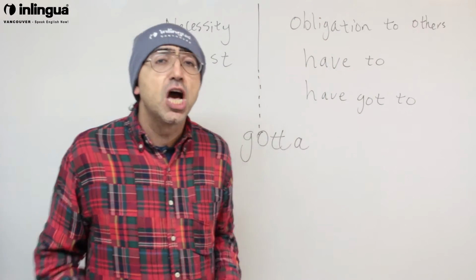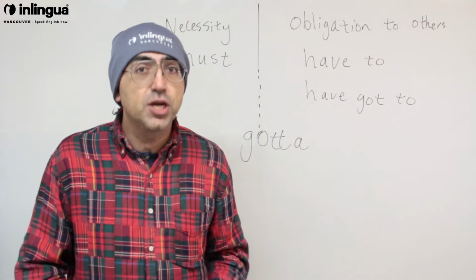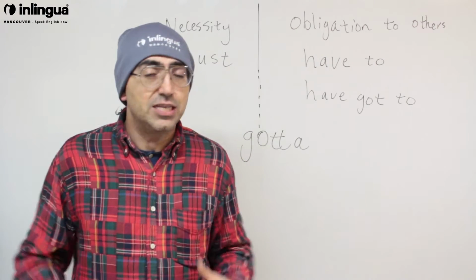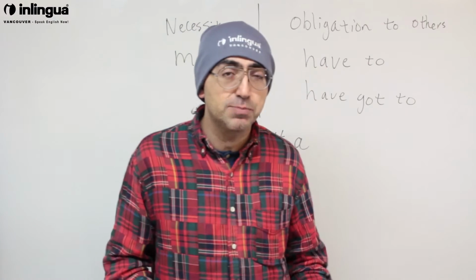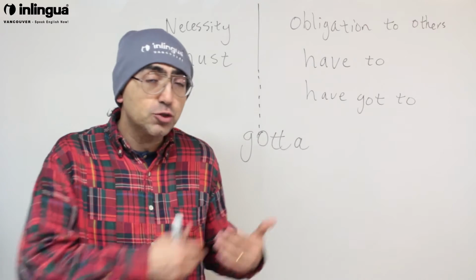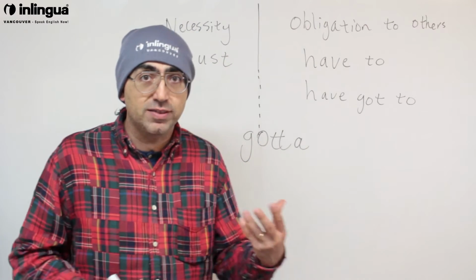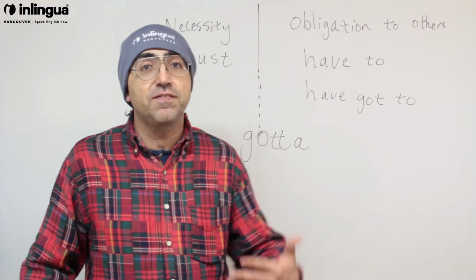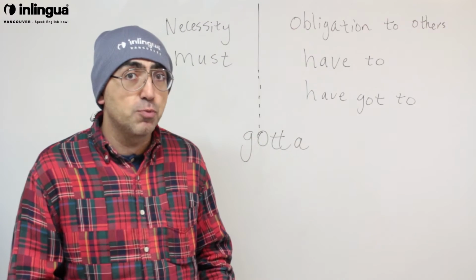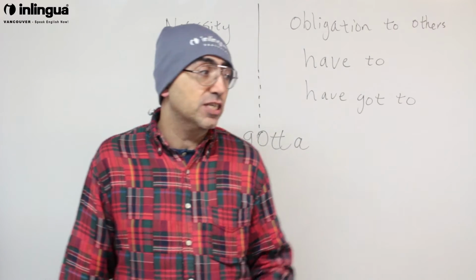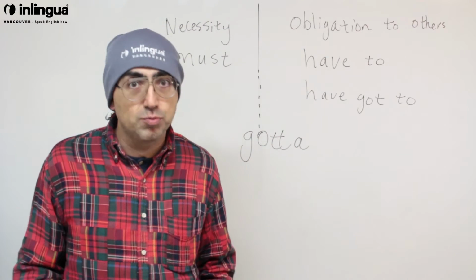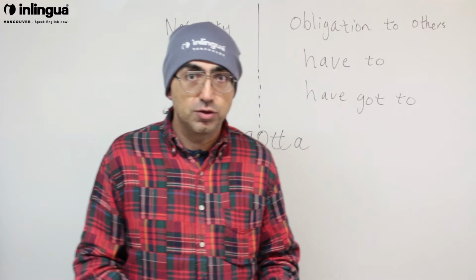So for example, I must quit smoking because I know it's bad for my health. It's just the right thing to do. That's about the truth. I have to quit smoking because if I don't, my girlfriend will leave me. Then I'm not quitting smoking because I believe it's the right thing to do. I'm just doing it because I feel obligated to my girlfriend, right? I have to quit smoking. Otherwise, I cannot get this new job. I must quit smoking because what am I doing to my body? You see the distinction, right?